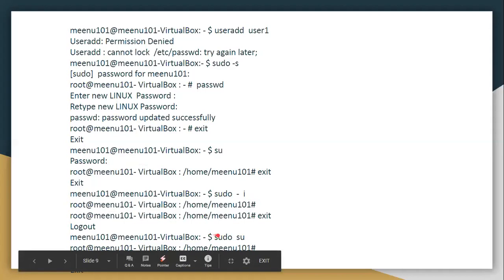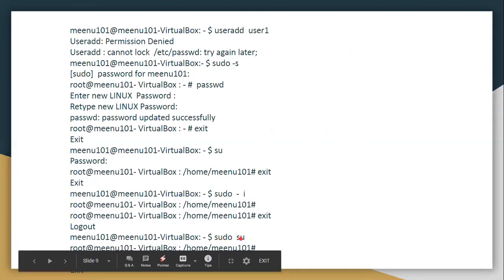Then again, another command: I come to this one root account, fine, and I move out of my root account and directly come back to this Minu. Now one more command is sudo su.